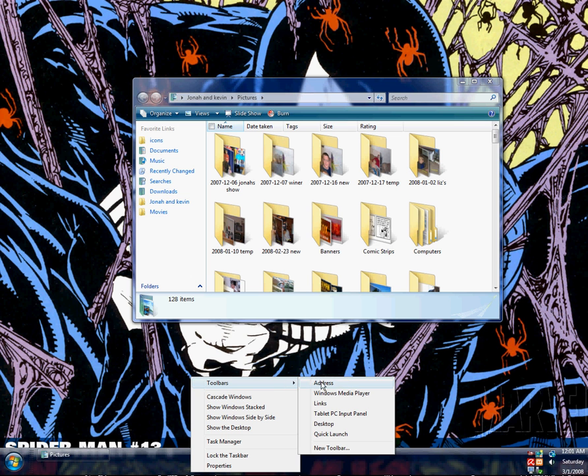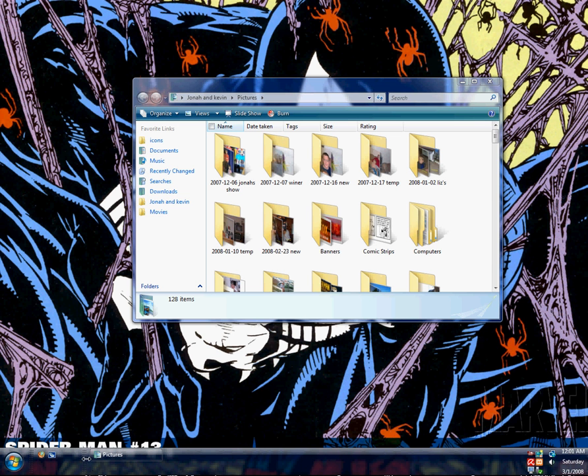Of course, the most famous toolbar is Quick Launch, and it's great. You can have nicely organized icons. I don't have very many things in the Quick Launch right now. You can see this little dotted bar here. You can grab this bar and move it around. So what we'll do is put these on top,